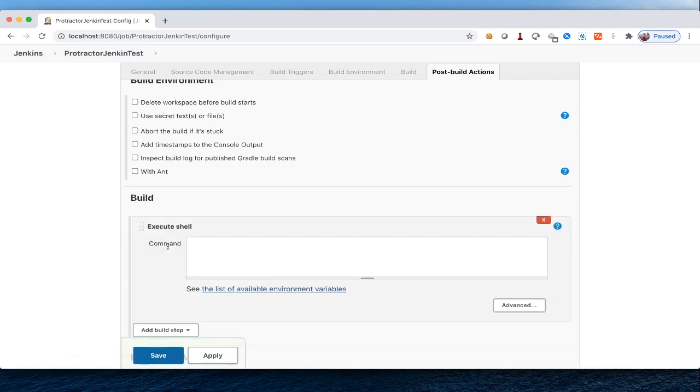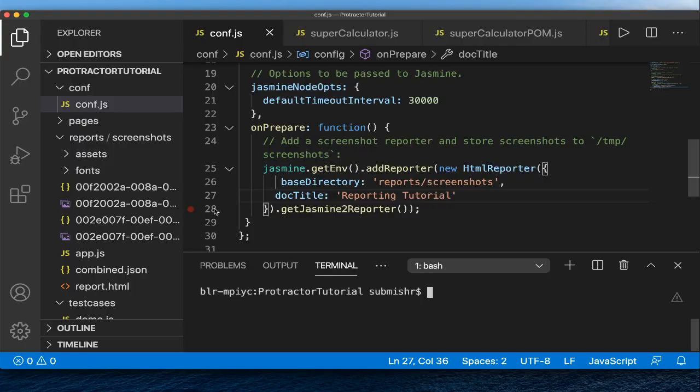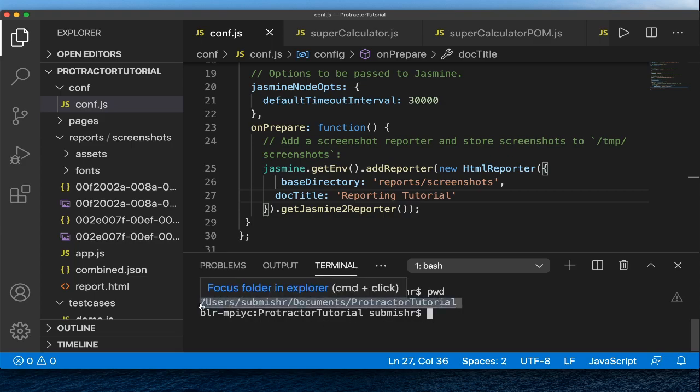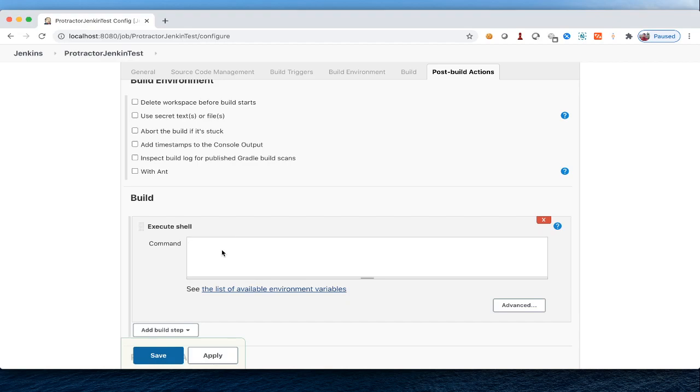In the command section, we need to give the complete command which we use to run our protractor test cases. So how are we running our protractor test cases? This is our protractor test, inside the protractor tutorial. First we need to find which directory we are in. So first copy this and use the command cd, so we are going to this directory.